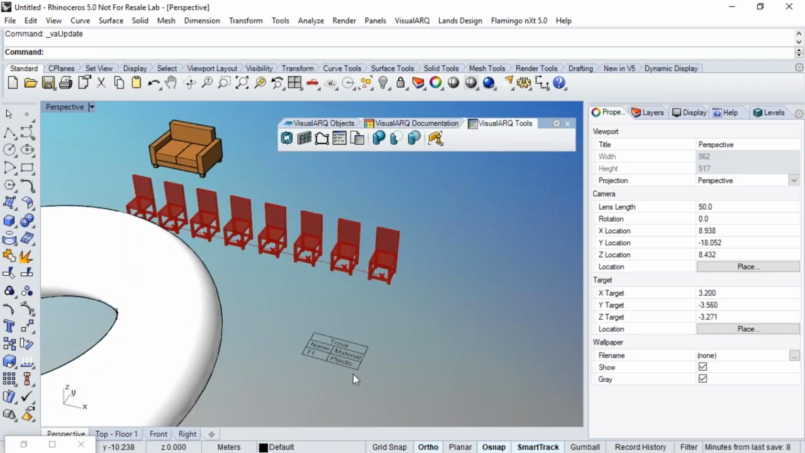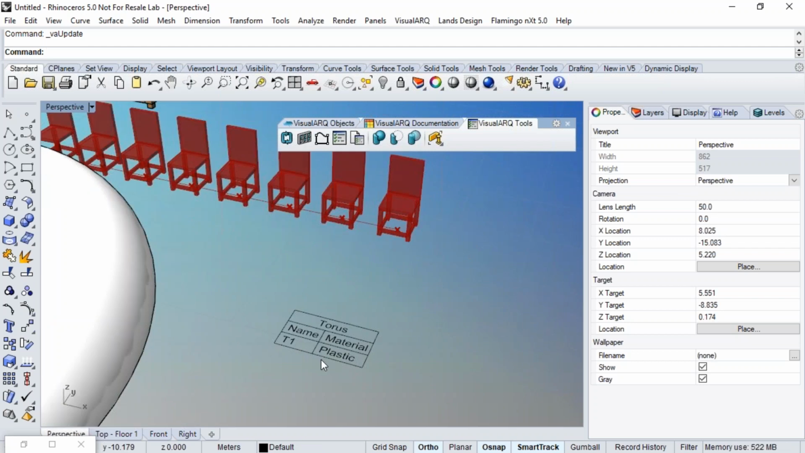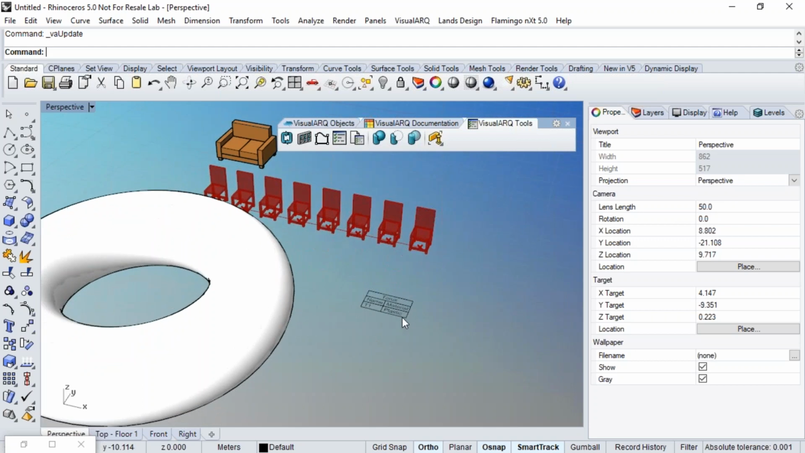So any kind of geometry can be listed in VisualARQ tables. And so also, I think Roy meant if it's possible to get the sum of area, for example. Yes, of course. If we go back to the other model,